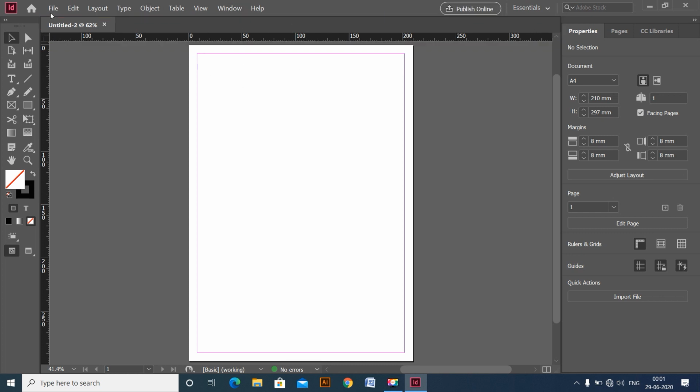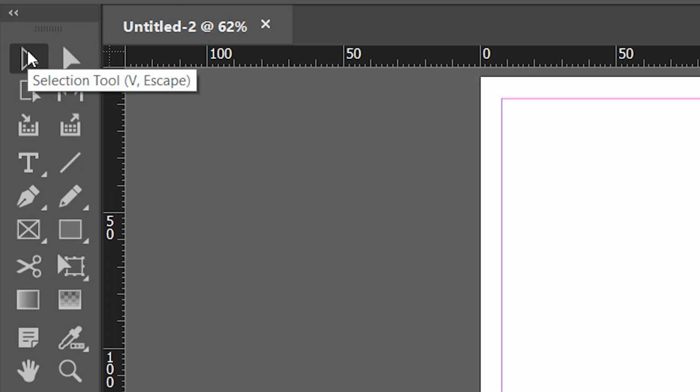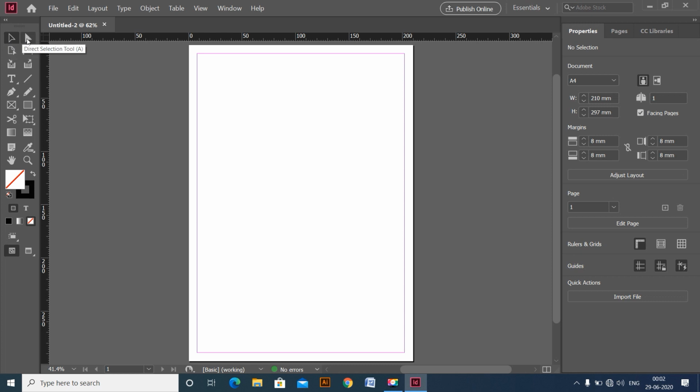So we have the menu, the toolbox, and properties panel, which are mostly used when you work in Adobe InDesign. On the toolbox we have some of the tools that we'll be working on, and each tool has some purposes, and also each tool has a shortcut. If I go near it, it says that the shortcut is either V or escape key. So you can also check them one by one. If you just hover near that tool, you can see that the shortcut is also given just next to its own name.